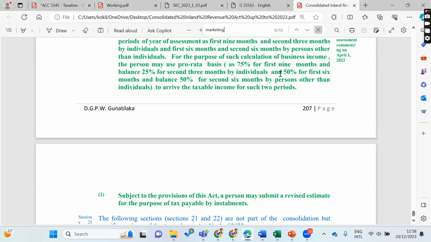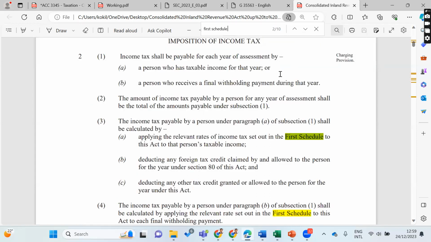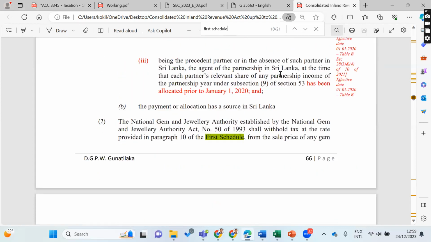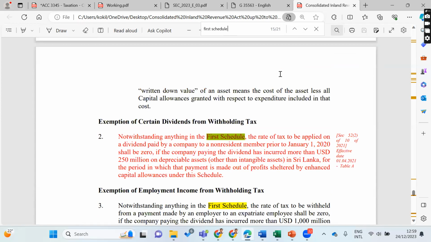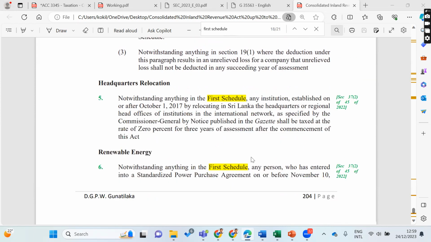It's available in the first schedule of the Inland Revenue Act, if you have the amended, consolidated version of the Inland Revenue Act, right? If you don't have the consolidated version, I will share the link under this video. You can download that one. For the time being, you can refer to this, right? So on the first schedule,